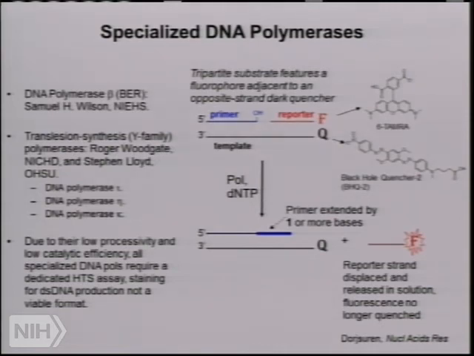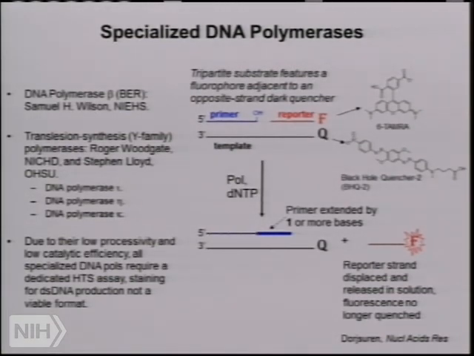So the challenge here is these are not your regular polymerases involved in DNA replication. They're very slow, they have low processivity, low catalytic efficiency. They're only involved in processing lesions such as thymine dimers, 8-hydroxyguanines, things that are formed either through spontaneous chemical modifications or upon treatment with, say, cisplatin and other anti-cancer agents. So these are error-prone polymerases.